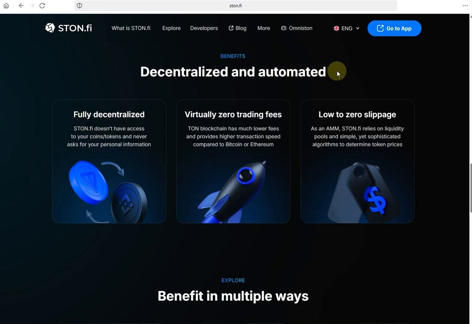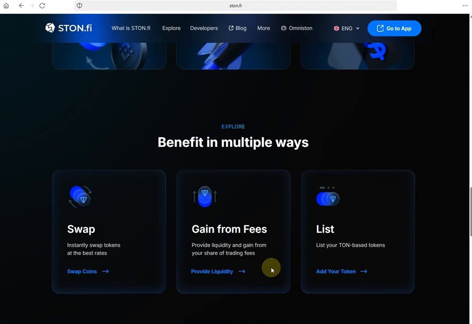And going down, you can see the benefits of using a decentralized exchange. A decentralized exchange doesn't require KYC and they do not control your assets. And trading fees are so low and the slippage is set to low because there is competition between decentralized exchanges as well. That's good to know. And going below, you will see the benefits of using STON.FI, like instantly swapping tokens on the TON blockchain,